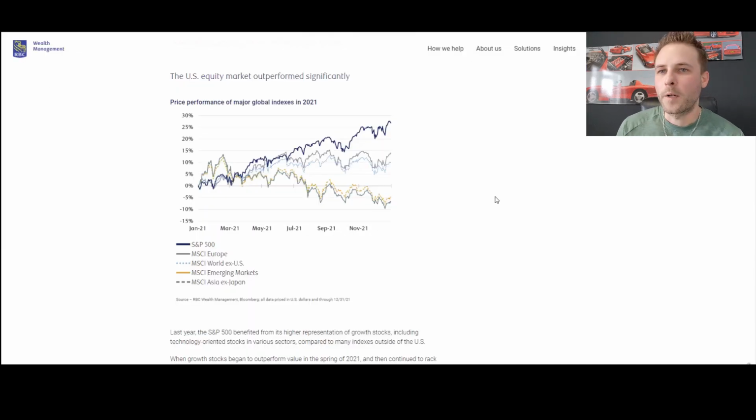So now looking at RBC's wealth management site, this is just another source where we're going to be looking at the performance of the global indexes. And of course, it says here the U.S. equities have significantly outperformed the other ones, right? So you can see the S&P 500 being way at the top, and then you've got your Europe, your international exposure minus the U.S. stocks, as well as emerging markets and Japan and Asia being in the negatives. So I just wanted to quickly highlight this as another source indicating that the S&P 500 has been